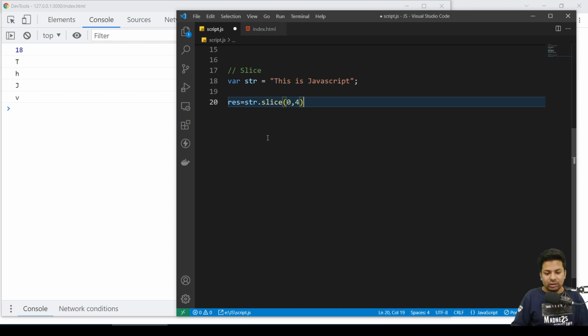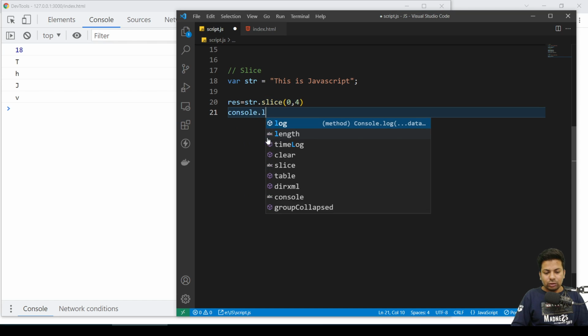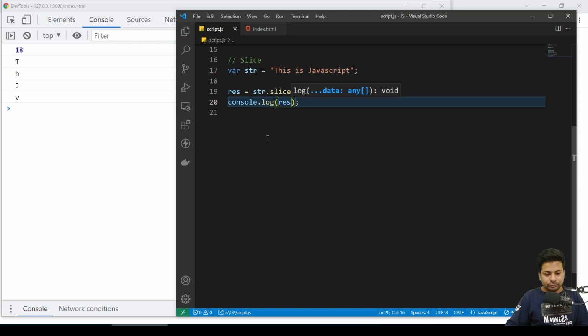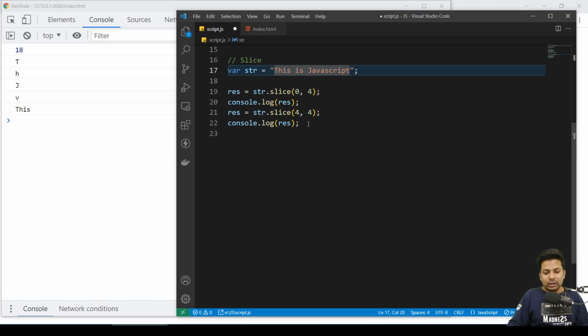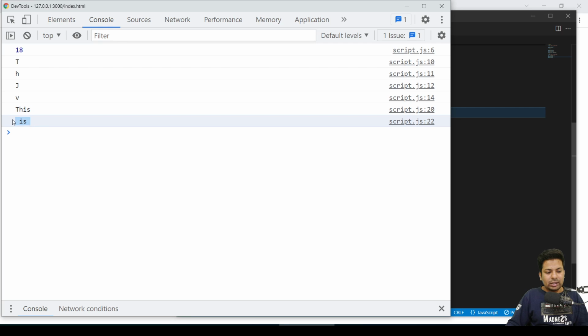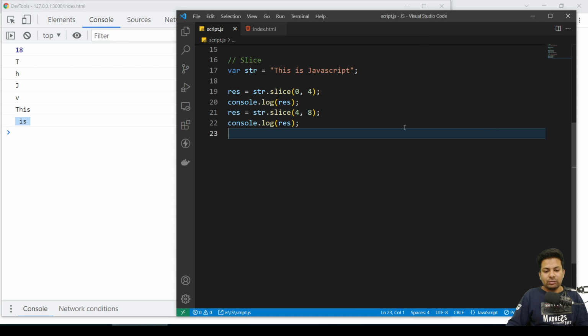Okay, so it will give you this. If I say console.log, see I got this letter easily. Now suppose I want from 4 to 8, I just copy this. I'll say give me from 4th, so it starts from the space till 8th, so it will give me till another space. See, from this space to another space you have a space.